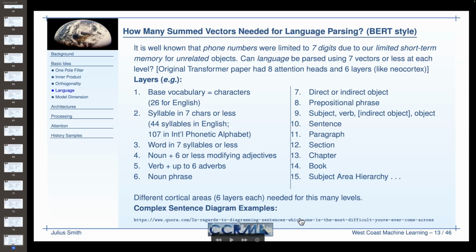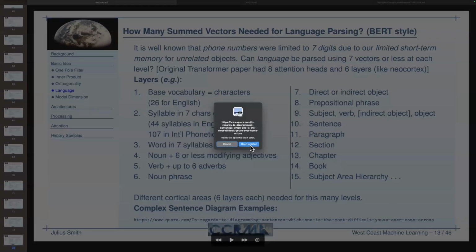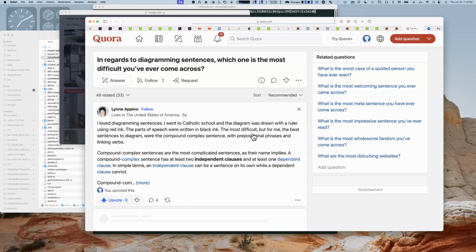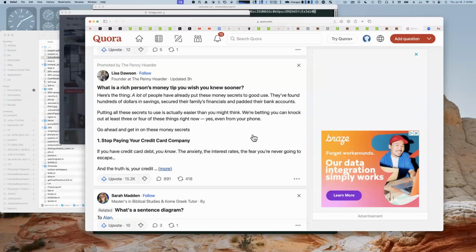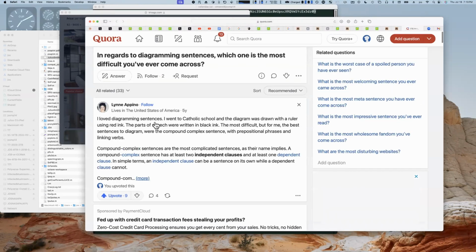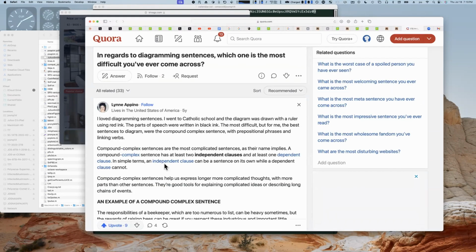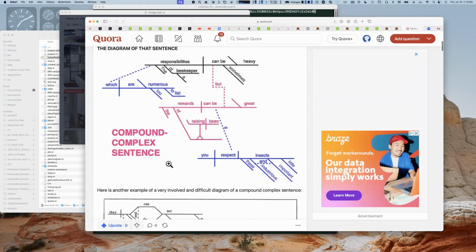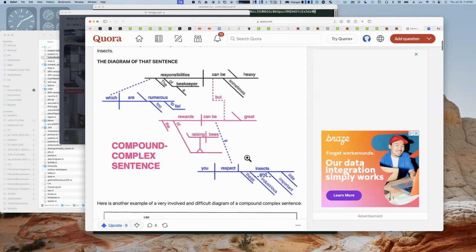And so I have this nice little illustration of sentence diagrams. Anyway, this is something I found. I have to open it up here. Here we go. So if you diagram a sentence, the question is, do you ever